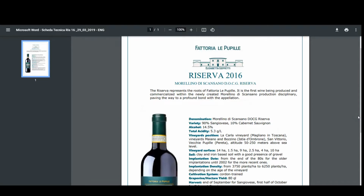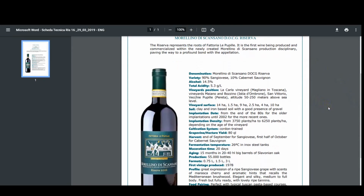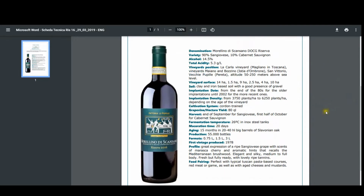So, here we are with Fattoria Le Pupille, their technical sheet that I wanted to show you, and this is the Morellino di Scansano Riserva. I want to highlight this. So 90% Sangiovese with 10% Cabernet Sauvignon, and it is a blend absolutely outstanding. So the acidity of the Sangiovese with the more elegance and with a bit of pyrazine from the Cabernet Sauvignon make this blend absolutely outstanding. Higher in alcohol, as you can see,